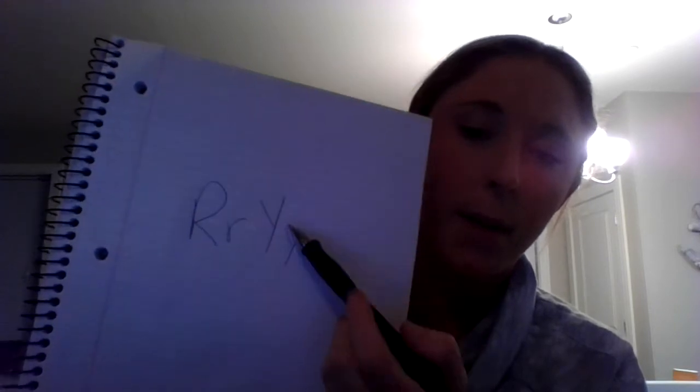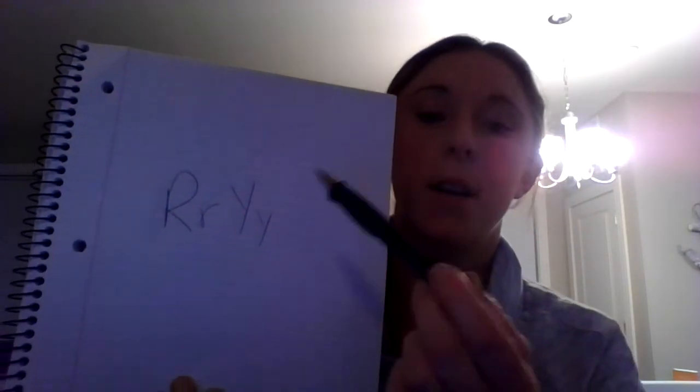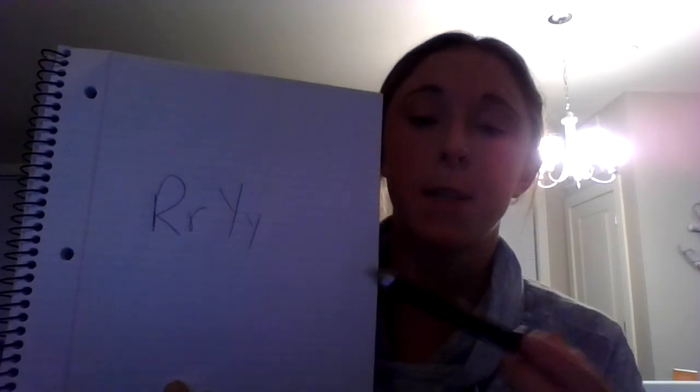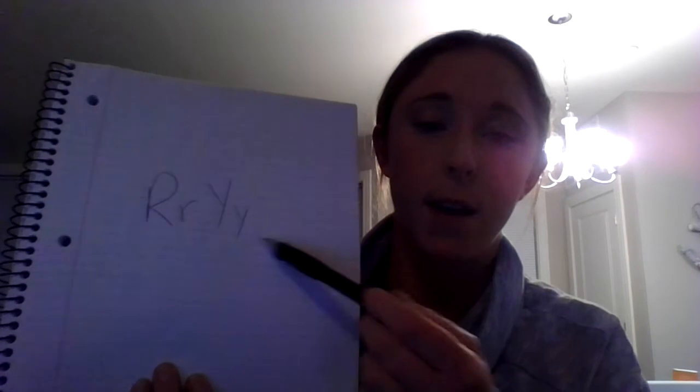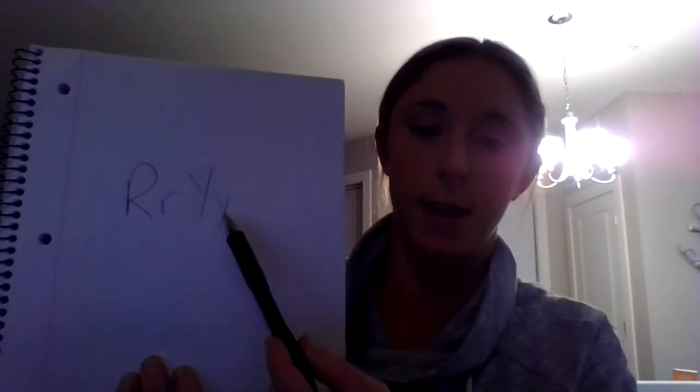Big, huge cross where you take big R, little r, big Y, little y, and you find out all the combinations. If I give you big R, little r, big Y, little y, like that, you should be able to tell me that there are 4 different combinations. First, outer, inner, last. 4 different possible ways. What that's telling me is that there are 4 possible sex cells that can come from this organism. And you cross them with the other organism that looks exactly like this.